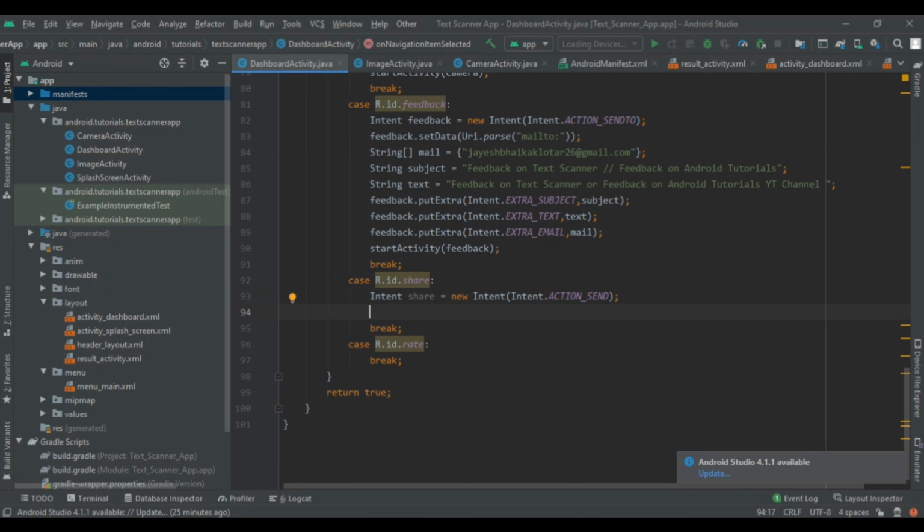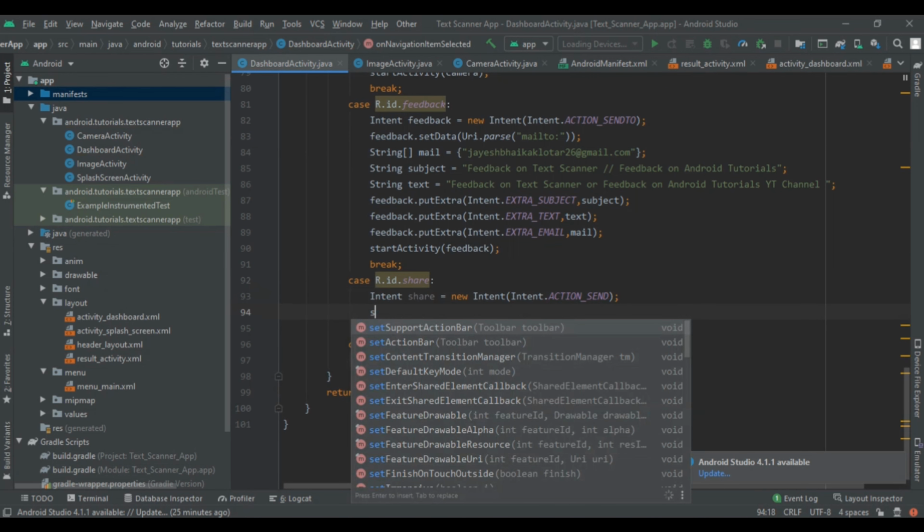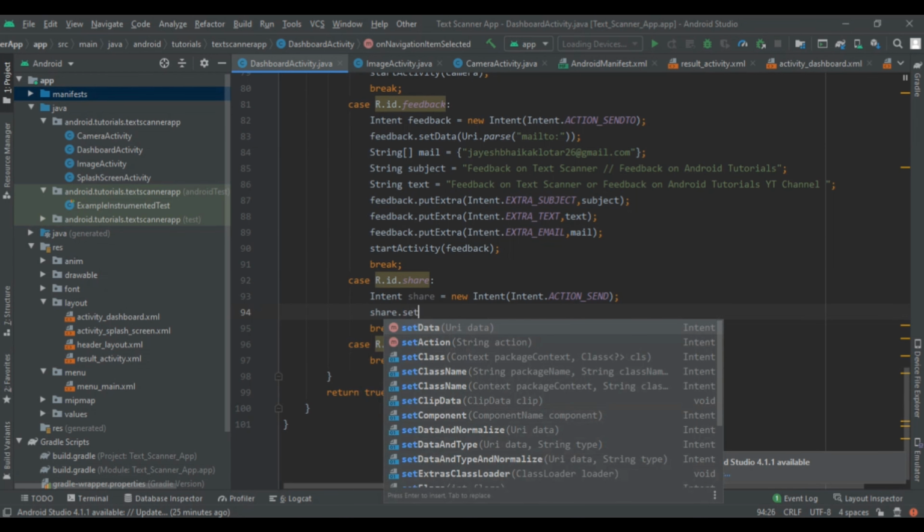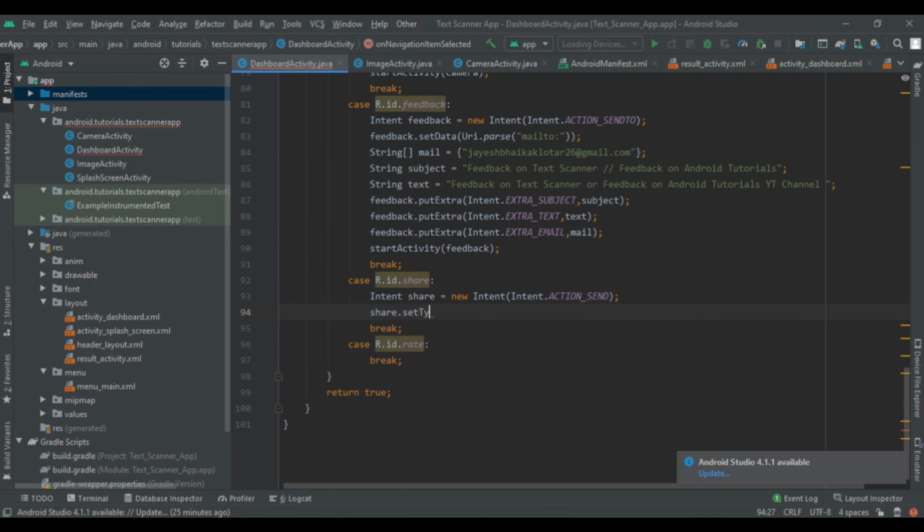So share dot set type. So it is necessary to give the idea what will be the output or input. So output will be text, plain text,